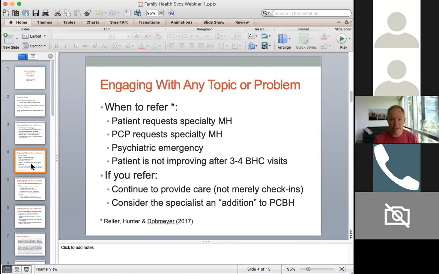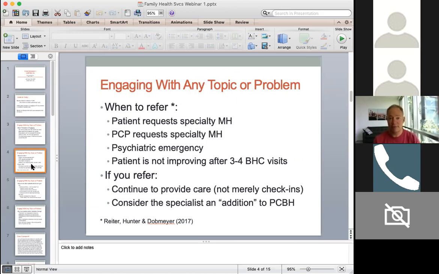The BHC says, okay, great, how's it going with that specialty mental health referral? And the patient says, okay, I didn't go yet, or I made an appointment, it's for 6 weeks from now. Oh, okay, you made an appointment, great. Well, let's touch base again in a couple weeks, and I want to continue to see you until that 6 weeks is here, right? So in other words, all they're doing is checking in with the patient. For starters, patients often kind of no-show for those appointments because they start to realize you're not doing anything with them anymore. But secondly,